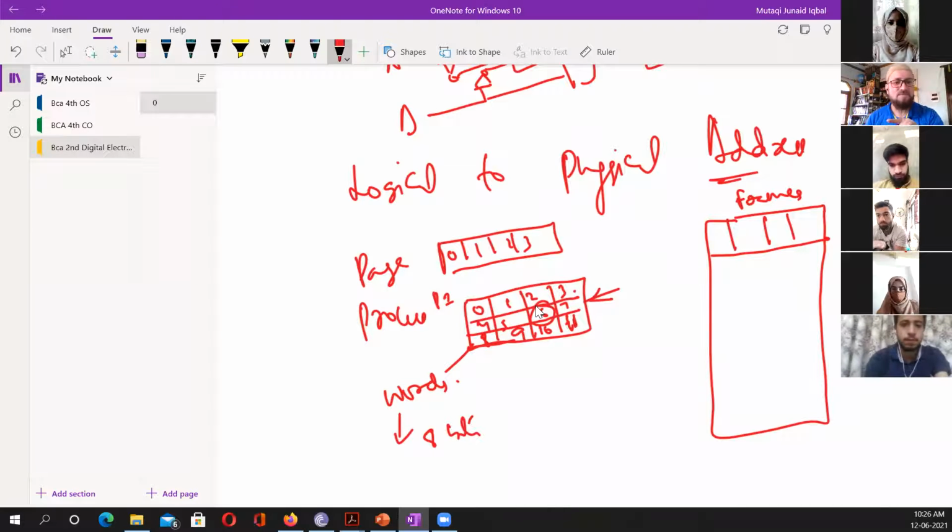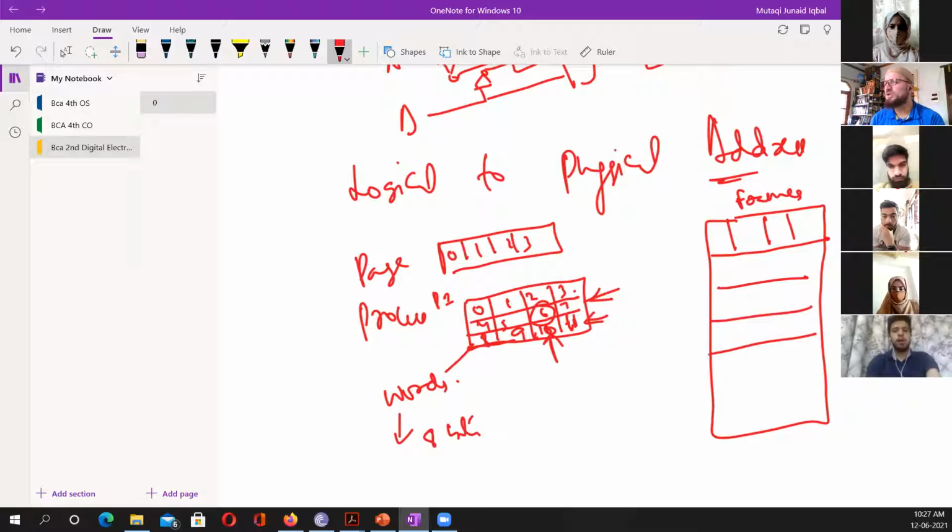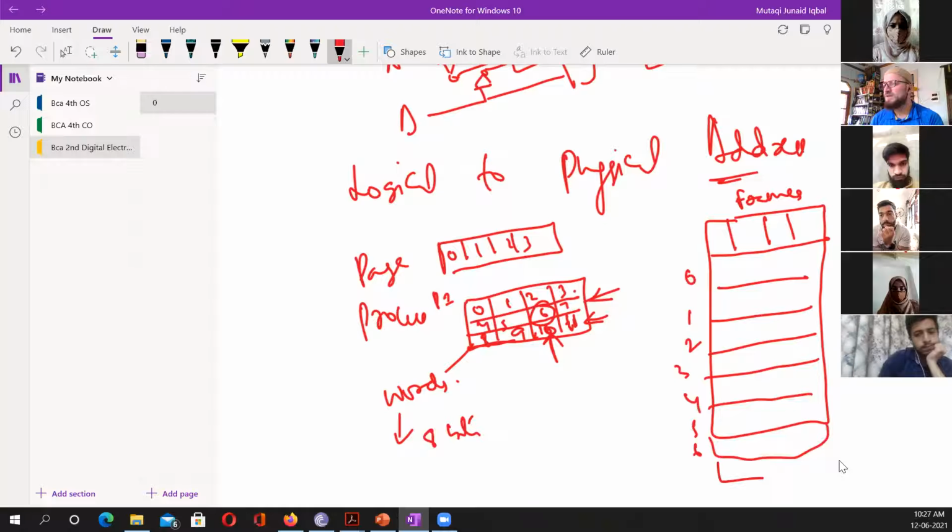where in that page the word is, the offset will tell me. In that line, where Kazim is, the offset will tell. Do you understand? Let us get it clear now. That's 8, 9, 10, and 11. Okay, so I am asking for word 10, but when we load it, we load this whole page in a frame, wherever you want to load it. Say if we have 32 bytes only, 32 divided by 4 is 8 frames: 0, 1, 2, 3, 4, 5, 6 and 7.